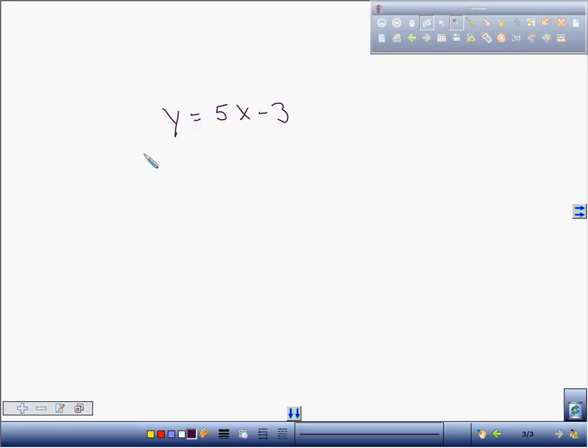And then you have 3y equals negative 15x plus 2. And I say, are the lines parallel, perpendicular,